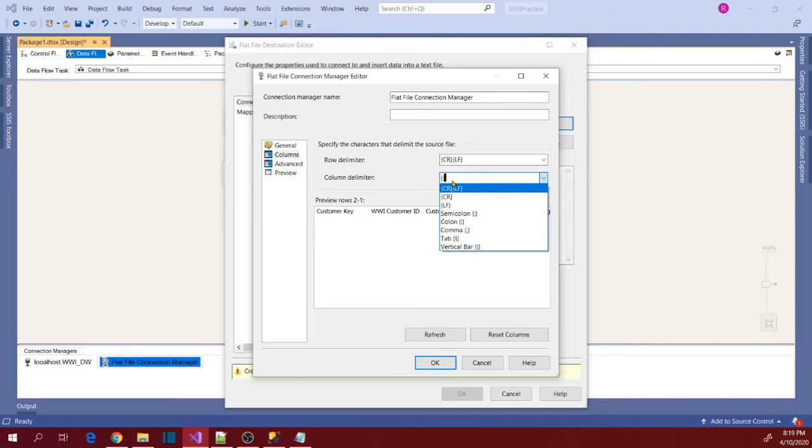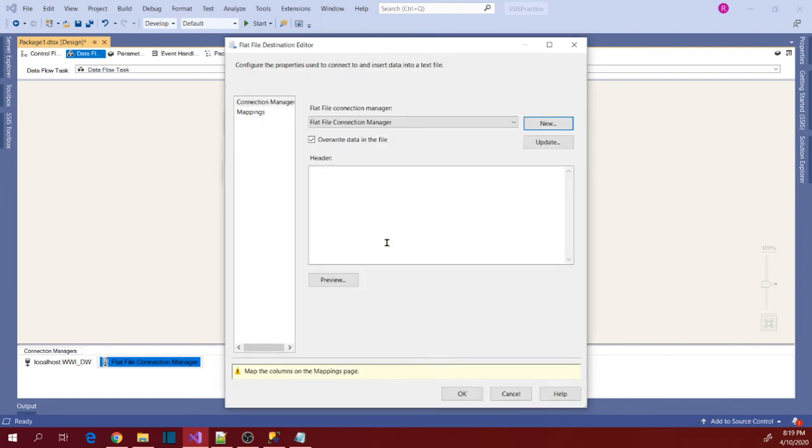So I would like to use my custom delimiter because in the source data, I can't find double pipe text anywhere. So that's why I'm confident with this column delimiter. So I chose double pipe delimited here